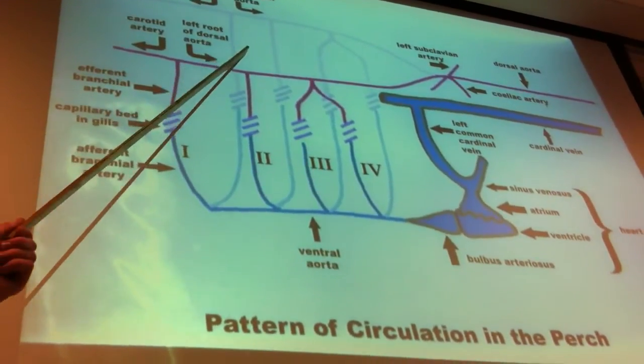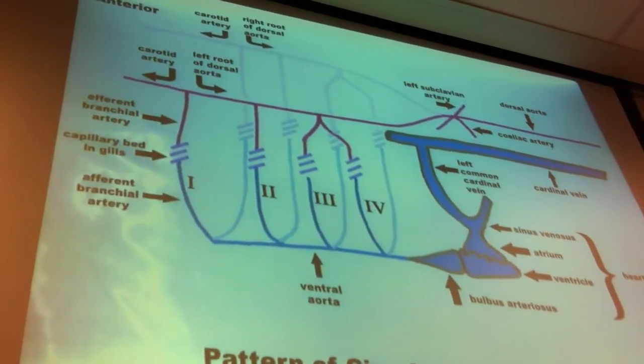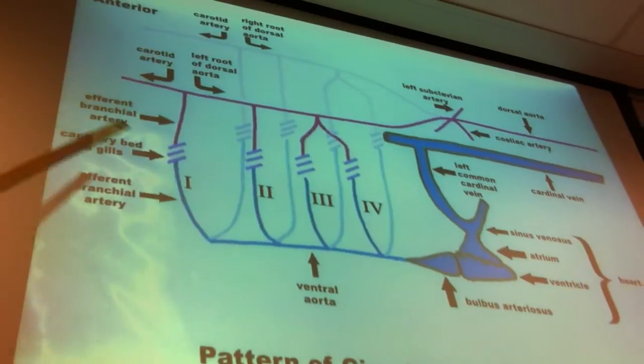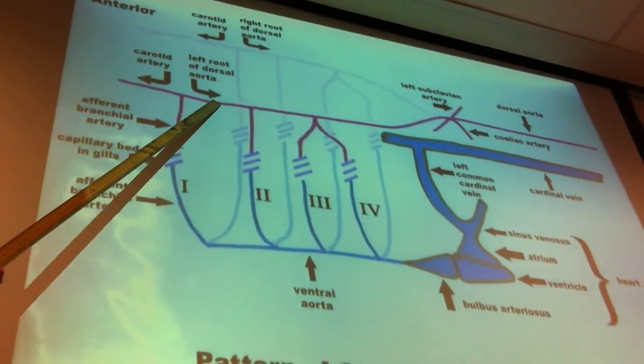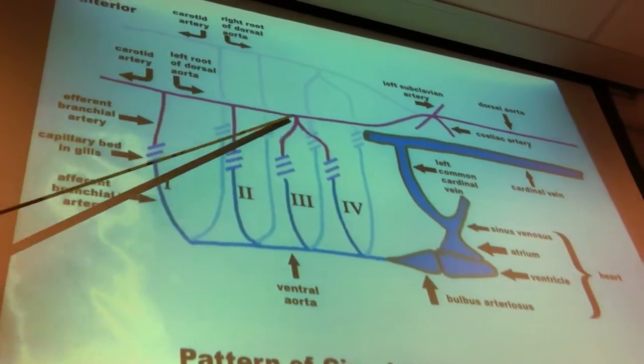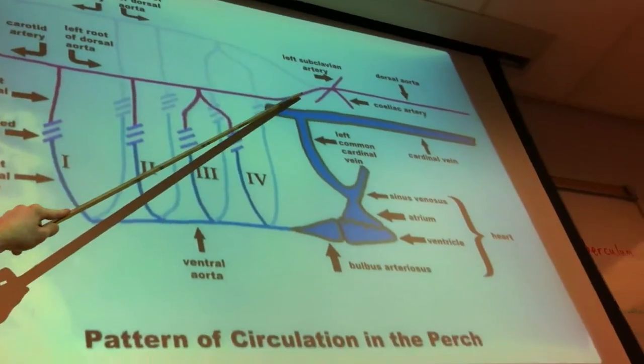If it's on the other side, it can go to the right root of the dorsal aorta. So this is where the head is, over here somewhere. So we're looking at the left side of the animal. That's why this is the left root of the dorsal aorta. Okay. So then blood travels down this way, and it hits this gap, this junction right here, and it can